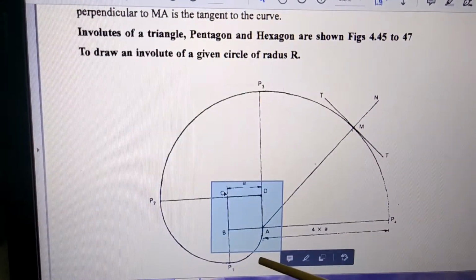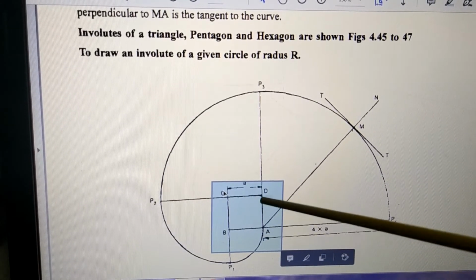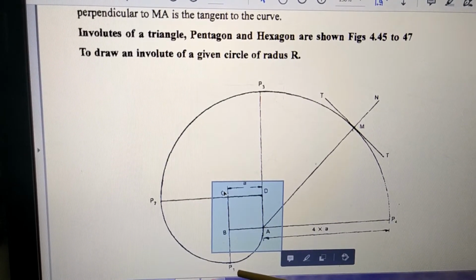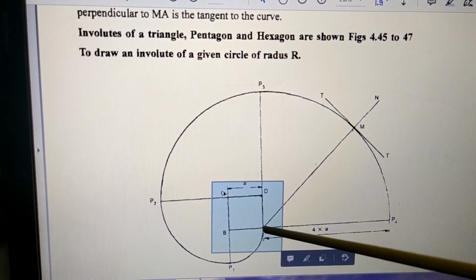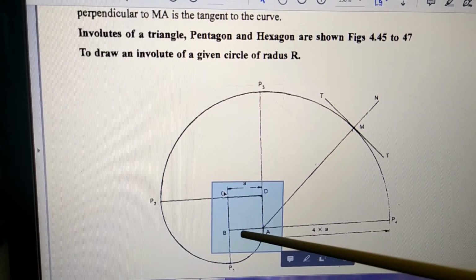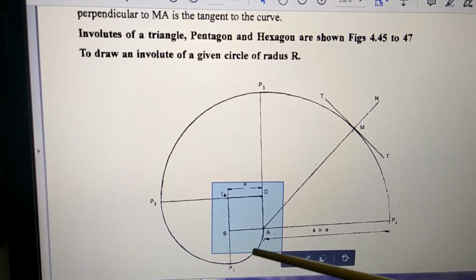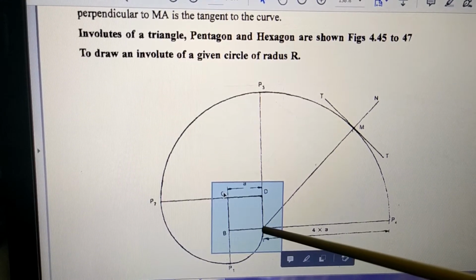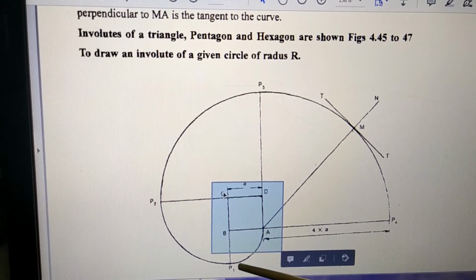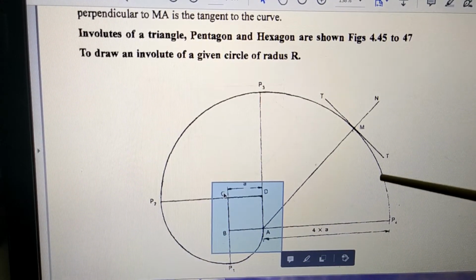Okay, and now what are we going to do? Now we are going to unwind the rope. This rope which is wound on the square, you are now going to make it loose. So you are going to unwind. So what do you do? Now when you unwind the rope, this pencil will move in this direction like this, because now you are going to remove the rope. The thread that is around the square, that thread now you are going to remove. And when you remove the thread, the pencil that is connected at the end of the thread is going to draw one arc. So whatever shape the pencil is going to draw, that shape is called the involute shape.